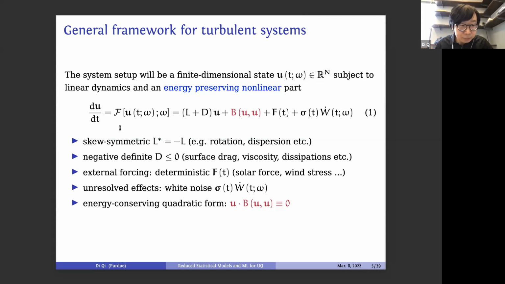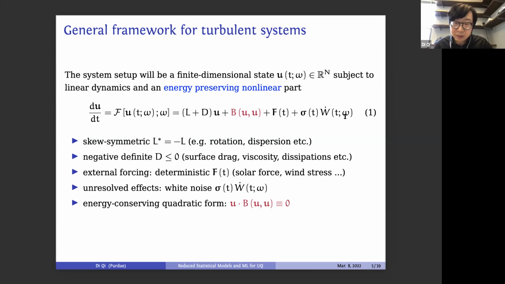And the dynamics of the state variable U is summarized in the way like this. On the right-hand side of the equation, first it's subject to linear effects, and usually we decompose it into two parts. L is a skew symmetric energy conserving linear effect, usually used to represent rotation, dispersive waves, and so on. And D is a negative definite operator, representing dissipation and damping effects